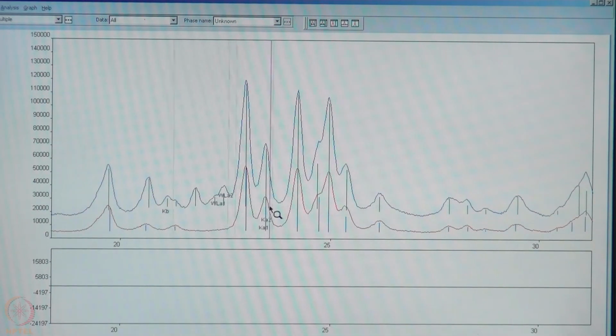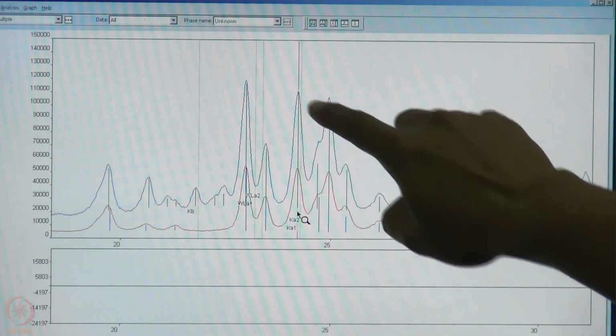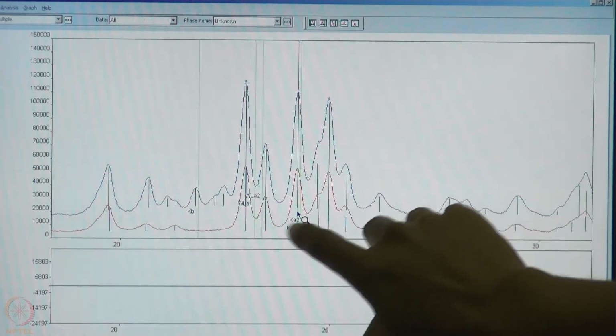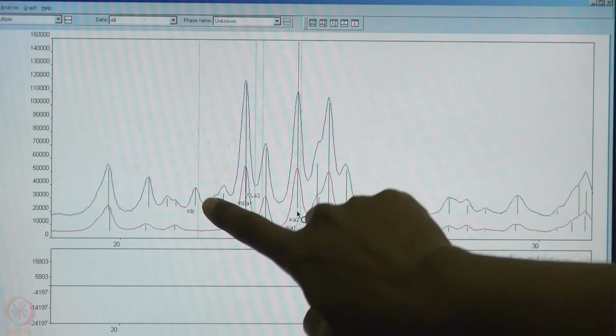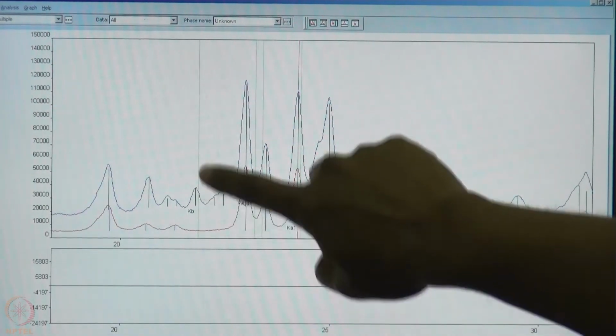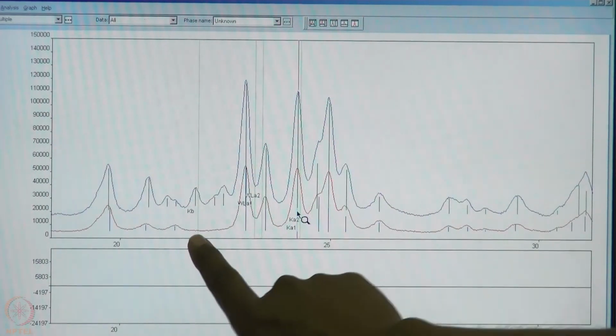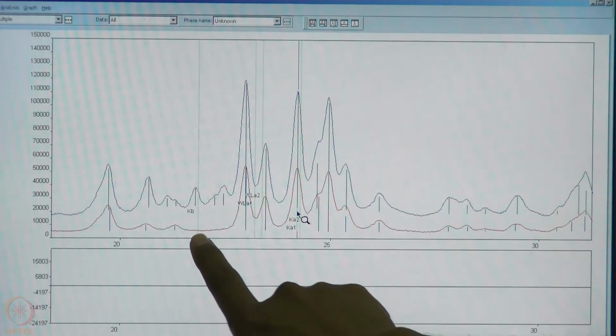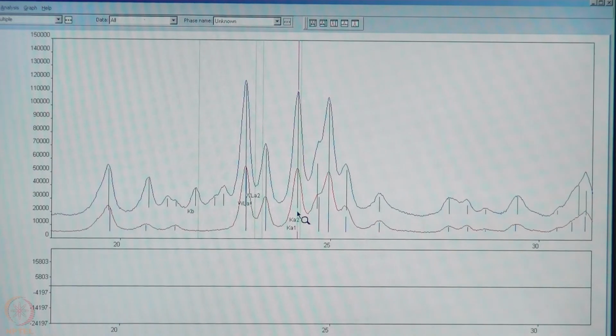The next larger peak, which is somewhere here, is the K alpha peak. The corresponding K beta appears at a much lower 2 theta value as an independent peak, which was not there in the red. So, this pattern comparison clearly shows